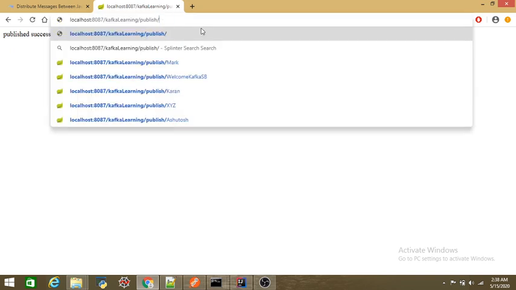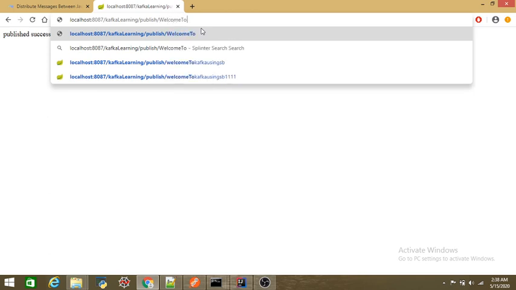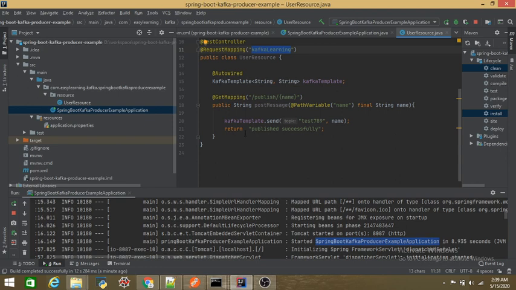So let's give "welcome to Kafka learning by Ved". Let's hit that. Once we executed this URL pattern, we got the message which we returned here. So the KafkaTemplate has sent this name to this topic.